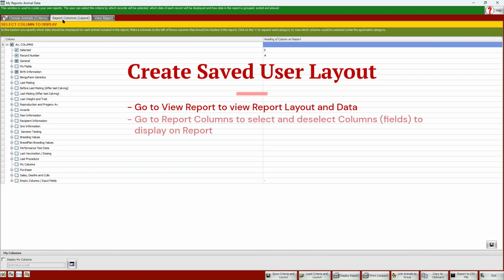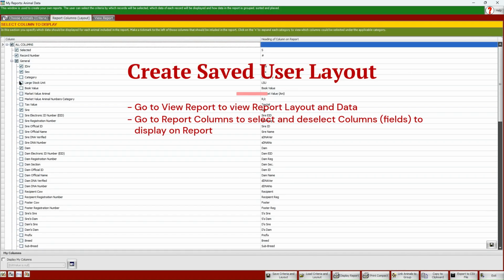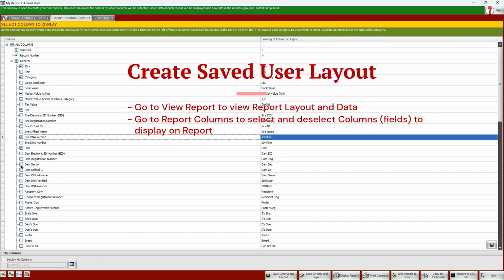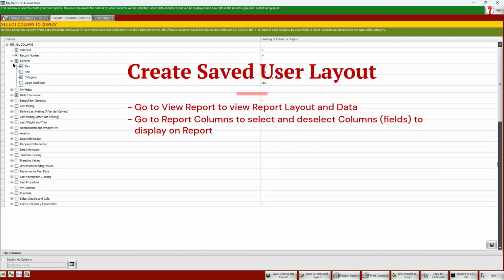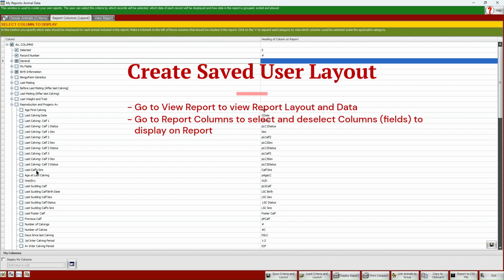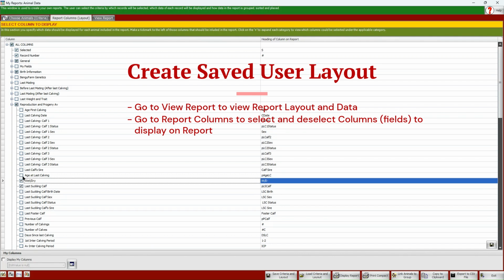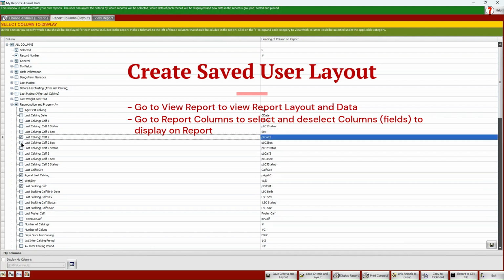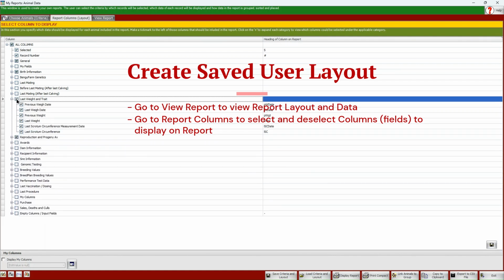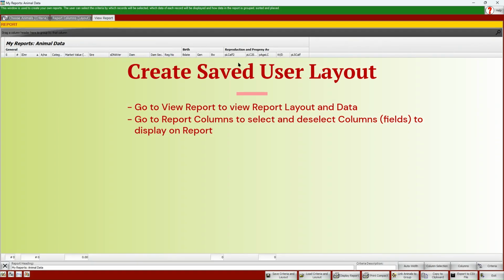And if you go to Report Columns, then you can select and deselect fields that you want to see on the report. So you can maybe add some progeny averages, et cetera. As always, you can select the whole group or deselect the whole group. And the fields you selected will be on your report.